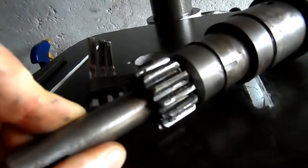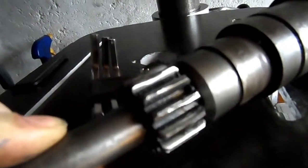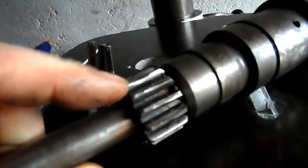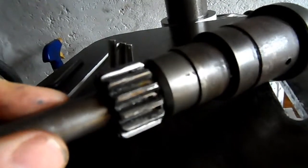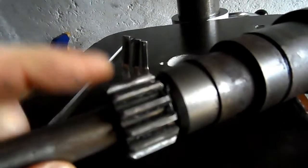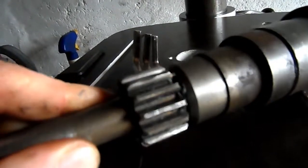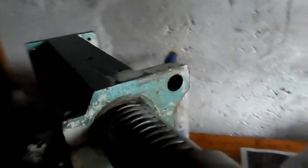quite significant wear on the profile of the gear teeth. Here in the middle, the gear teeth are rounding quite significantly, so that may be a part I will look at replacing, because the more the gear teeth wear, the more that's going to affect the